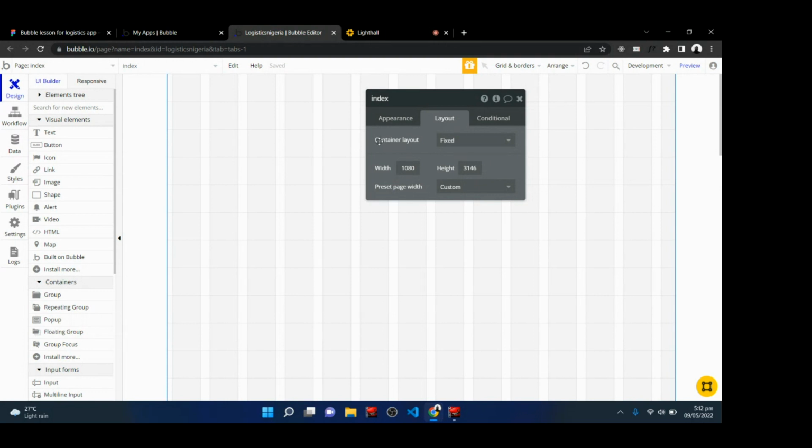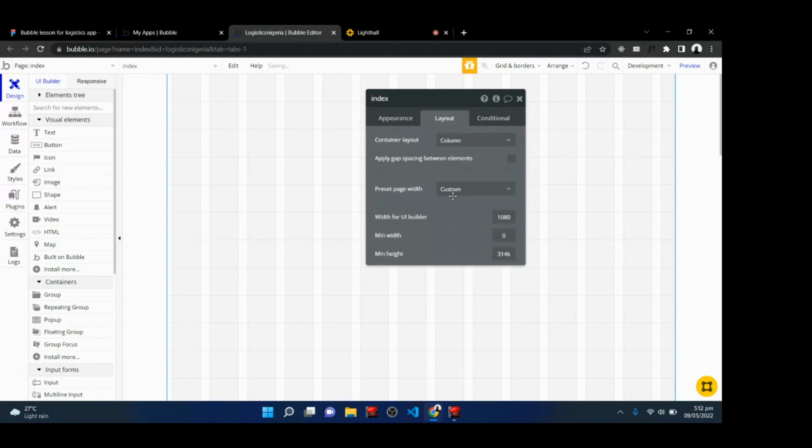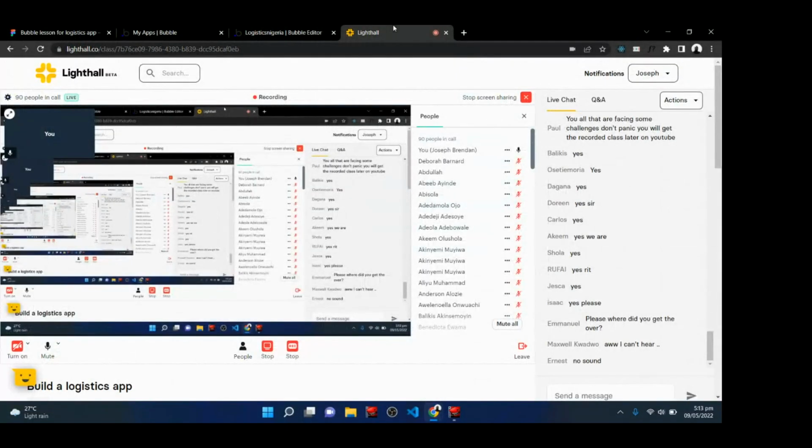So what we have here is container layout. It is set to fixed. So we will change this to column. Now, the reason we are changing this to column is because column goes from top to bottom, right? So we want every item inside this layout to be positioned from top to bottom, because that's how websites are. On a website or a web application, things are positioned from top to bottom. That's why we scroll down, scroll vertically, and that's a column movement. So if that's clear,